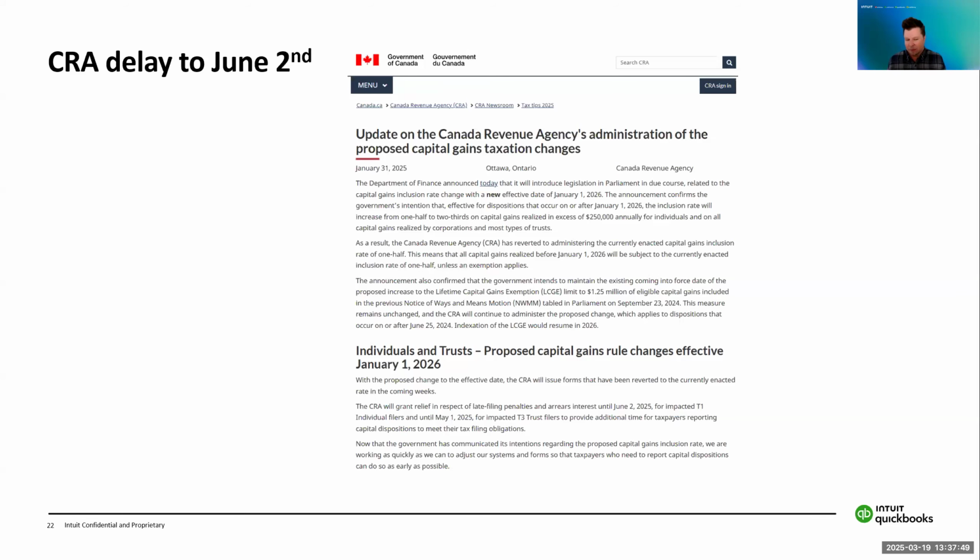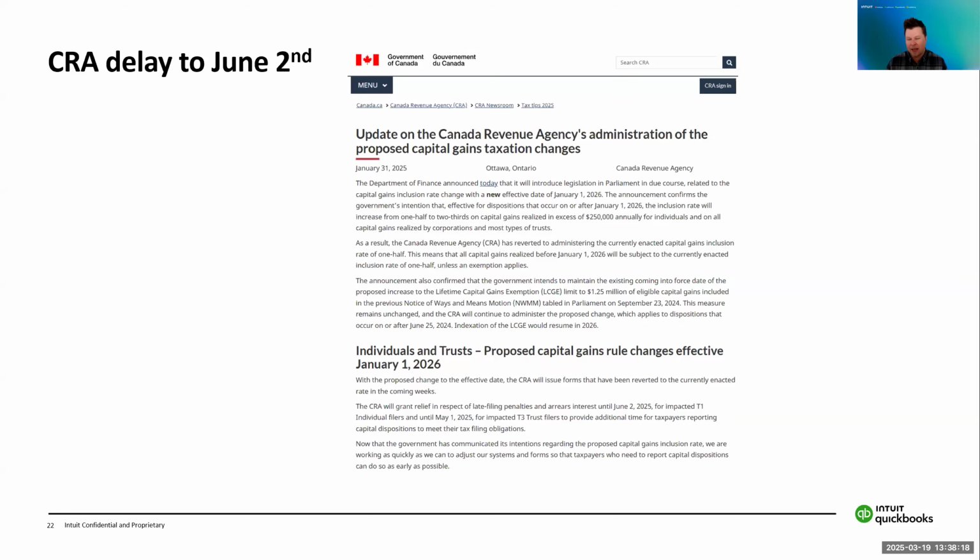I know that we do have a possible election coming up, so that may change depending on the party that's elected. But for the 2024 tax year, that has been changed so there is no capital gains change for 2024. What that has caused is that the CRA hasn't yet updated all of the forms for 2024.